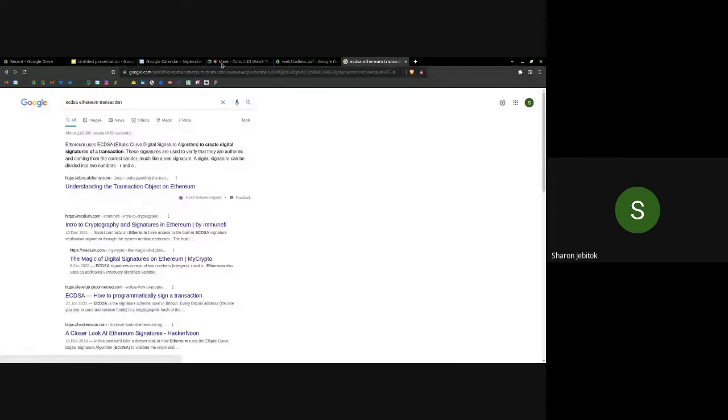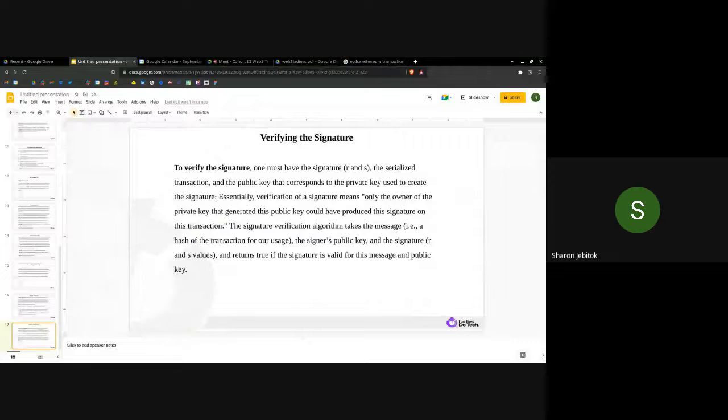So at the moment, we want to look at verifying a signature, these R and S. And the thing that is behind all this is